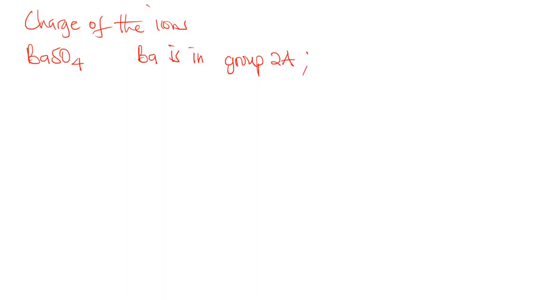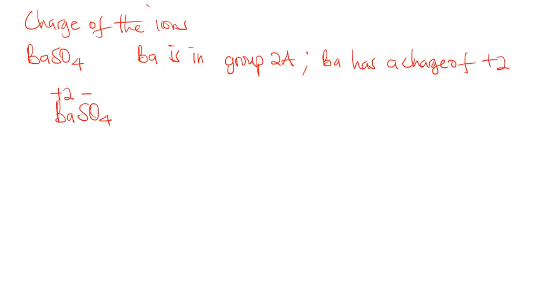Which means Ba has a charge of +2. So based on that, we will look at Ba. We just write something like this: BaSO4. This part is +2. So if Ba is +2, it tells us that SO4 is -2,